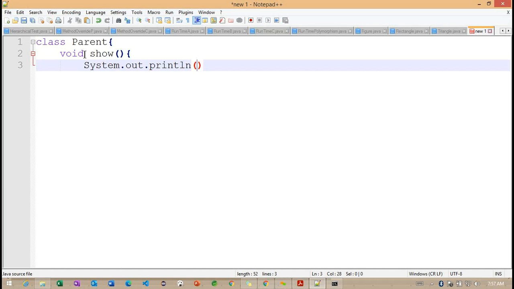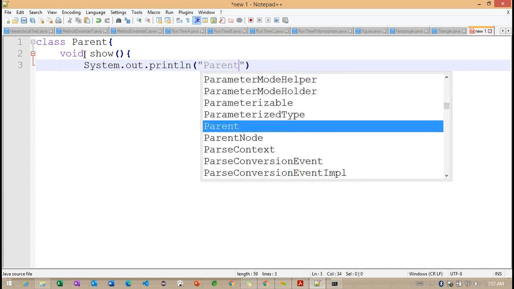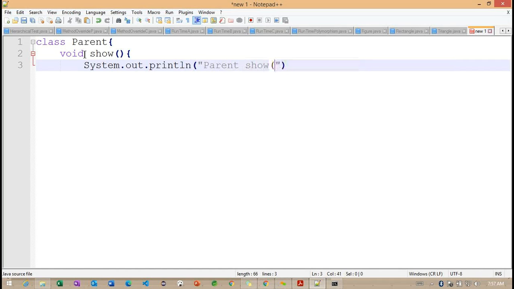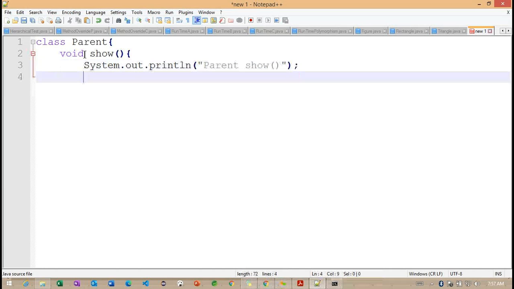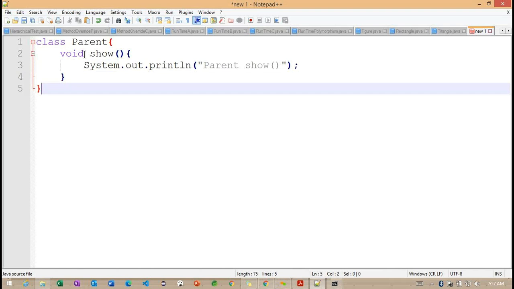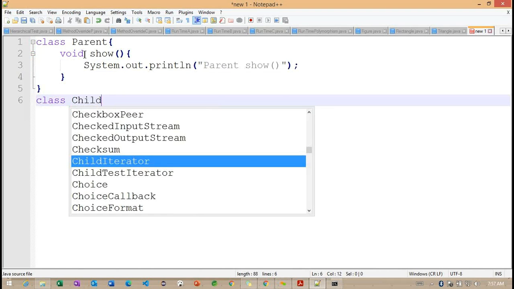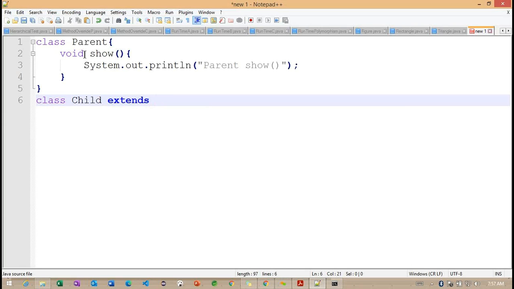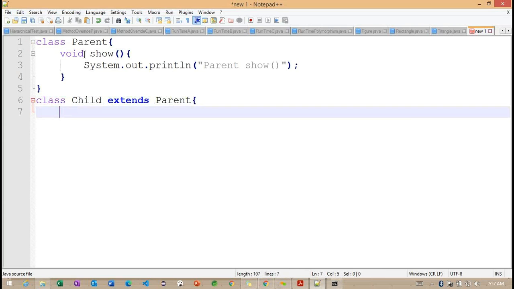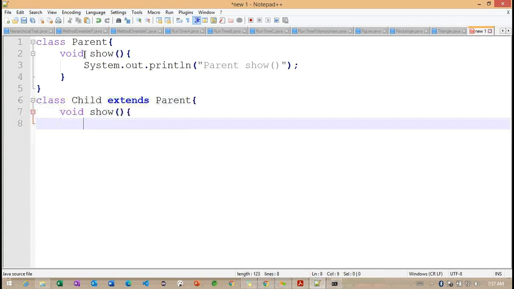System.out.println, parent show method. Right. Now I'm closing the parent class. Now one more class I'm defining here, which extends the parent class.